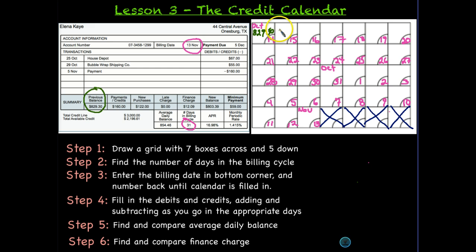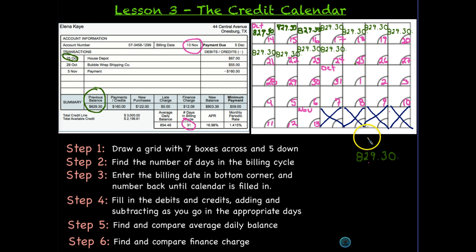So what I'm going to do is continue to write $829.30 in the rest of the squares until I get to October 25th. October 25th, which is here, I made a purchase, so that amount will change. So I'm going to go ahead and continue to write these numbers in my squares. Okay, now I've finished. I have written $829.30 in each of these days up until the 25th,